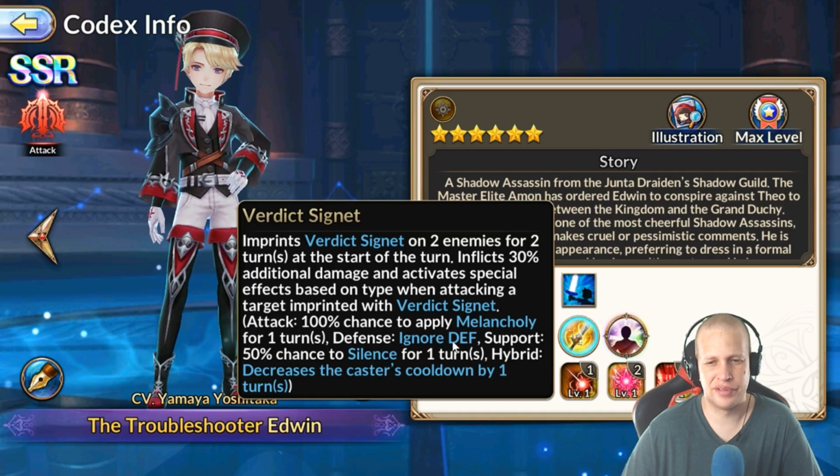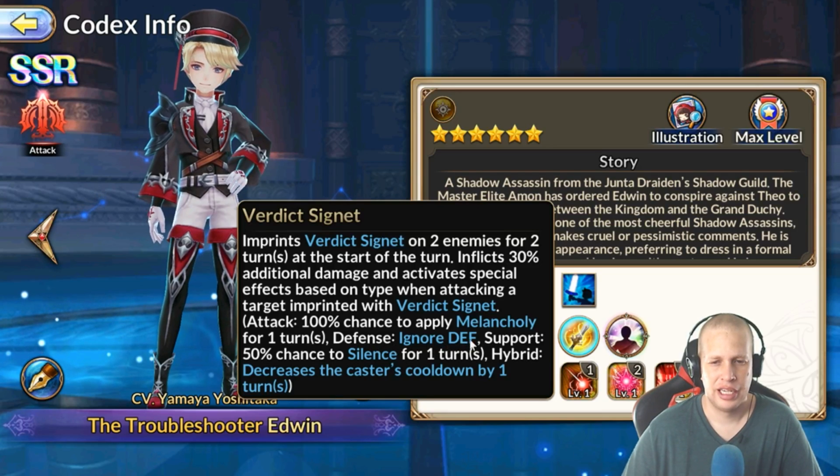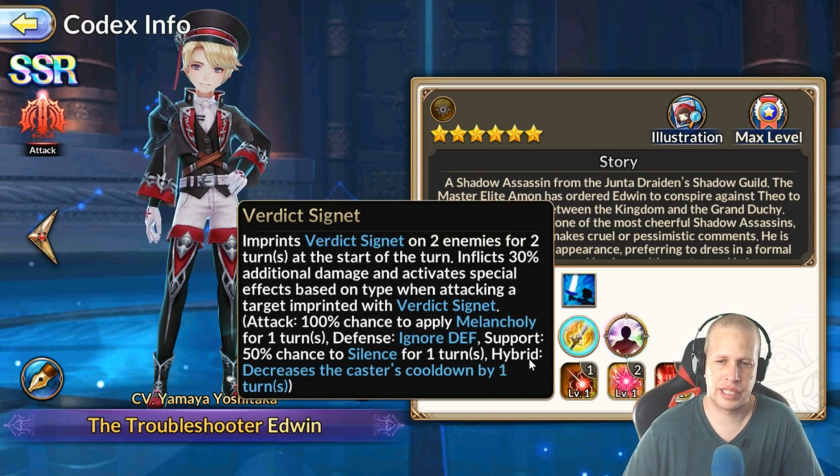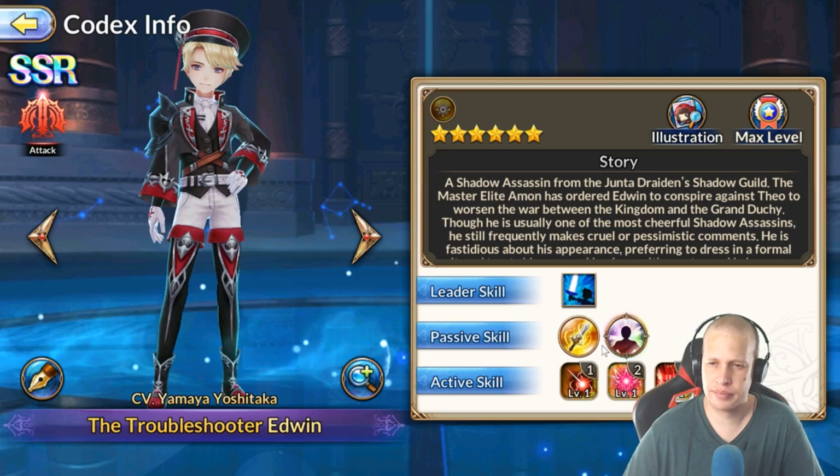See this ignore defense here. He might actually be good against the second wave in the Christian dungeon. Ignore defense always works on defense units, but you don't see too many defense units out in the world. There are some support units, and like Callie, who we just got done with, is a hybrid. You know, he might have uses there, but...